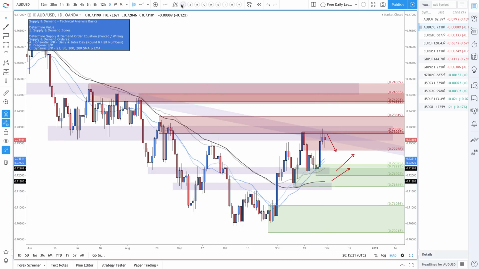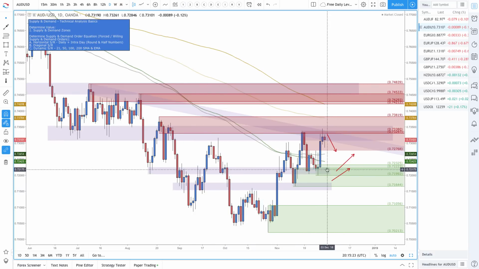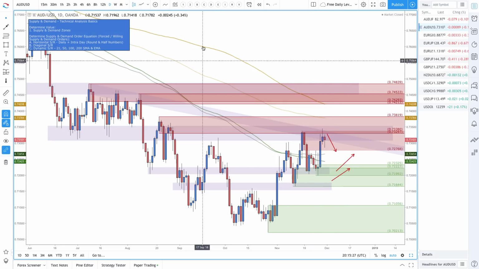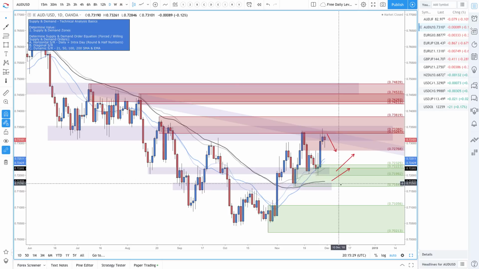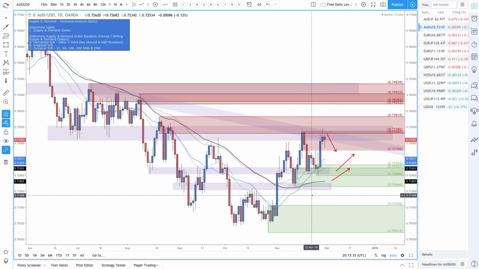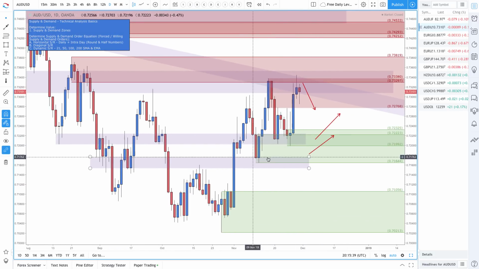And I think, did I see the 100? Yeah, but it wasn't necessarily within this value area here, so more to do with the 50s, EMAs and SMAs in this area here. So yeah, these I think are